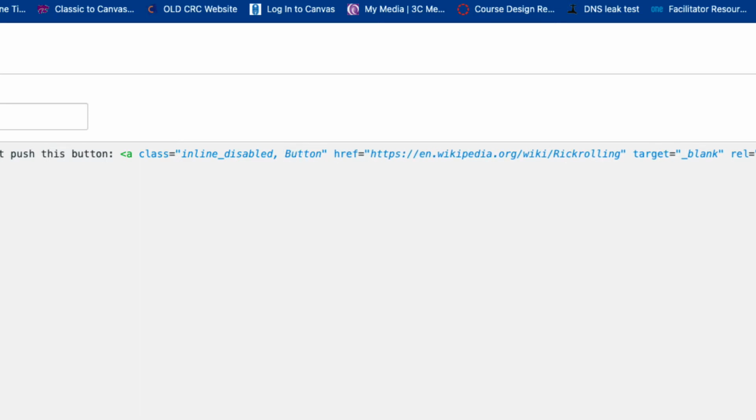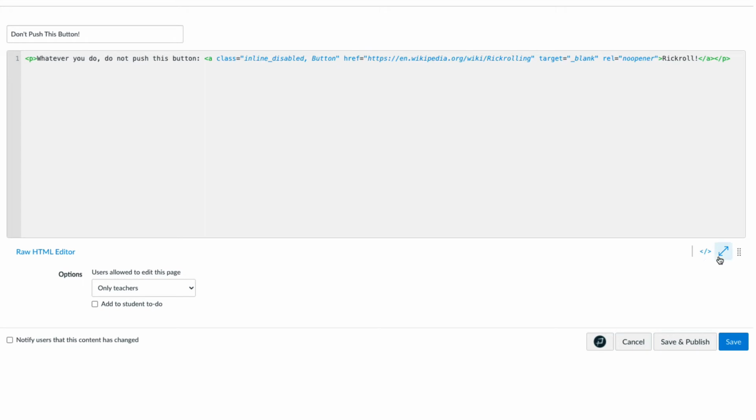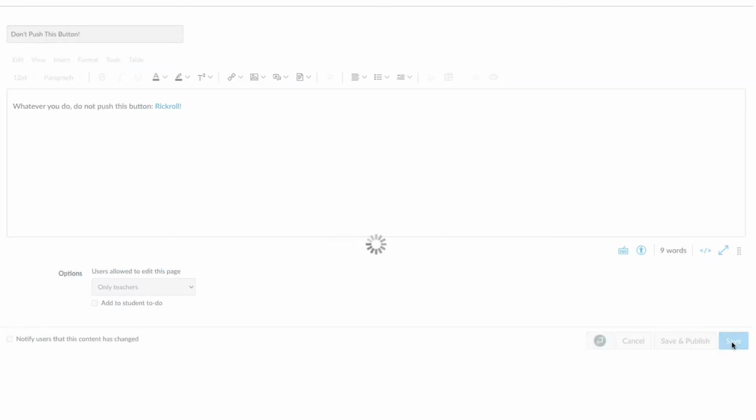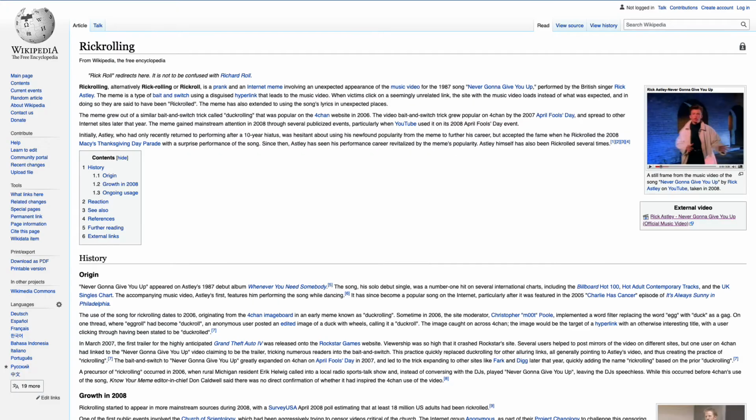That word button with a capital B is calling forth the button style from the Canvas style sheet. And we can take a look at that not when we're in Rich Content Editor view, but when we save the changes that we've made. This is now a button. It's still a link, so when my users select it, they open up that web page. One more thing I'm going to do is change the colors of the button.